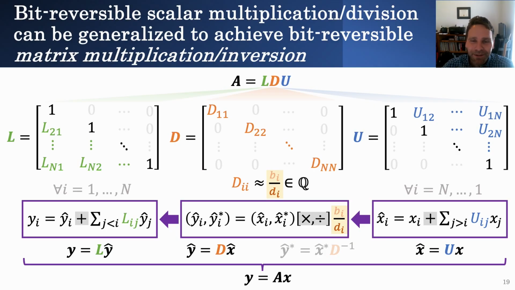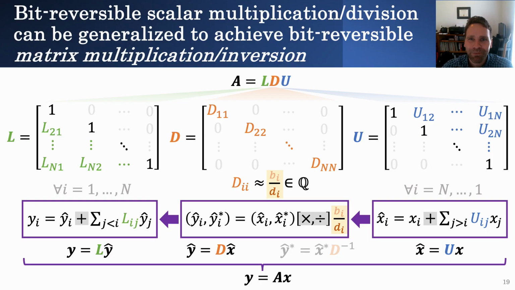But supposing you had some matrix that you could decompose in an LDU kind of decomposition, where L is a lower unitriangular matrix, U is an upper unitriangular matrix, and D is a strictly diagonal matrix. If I approximate these entries of the diagonal matrix D by corresponding rational numbers, then it turns out that I can, in fact, perform a reversible set of operations to do multiplication of this matrix A times some vector X. And to reverse that sequence of